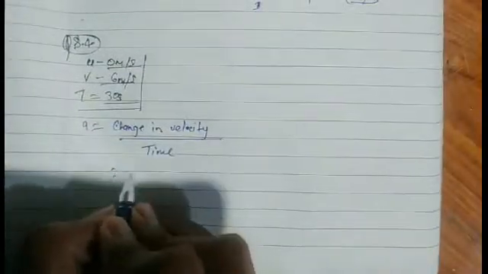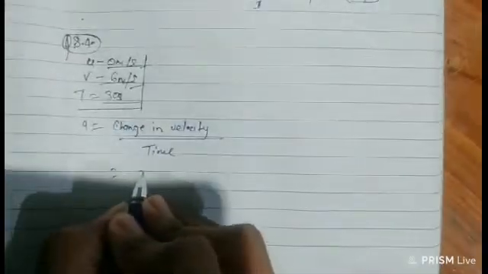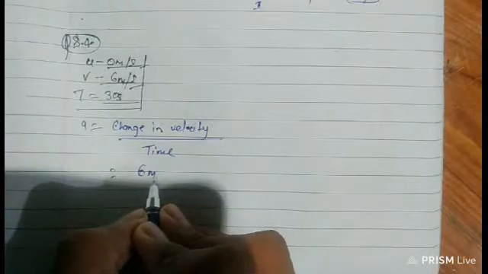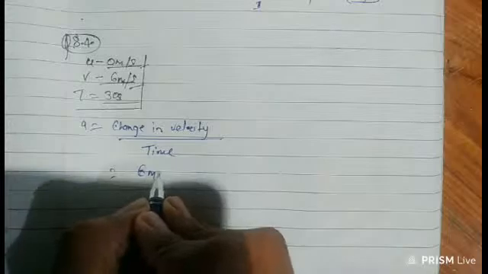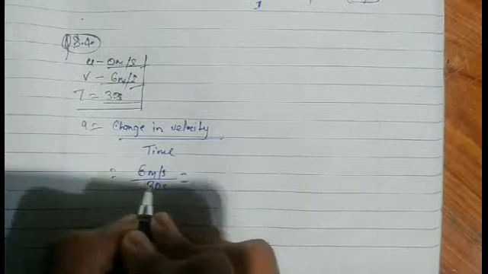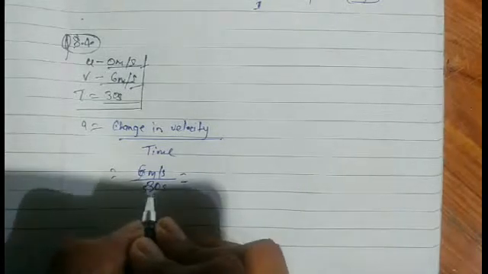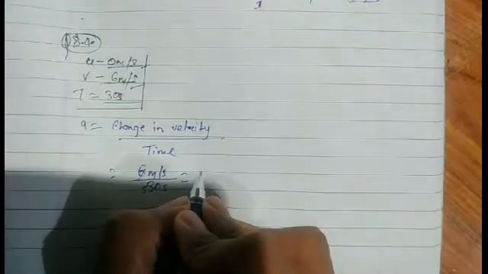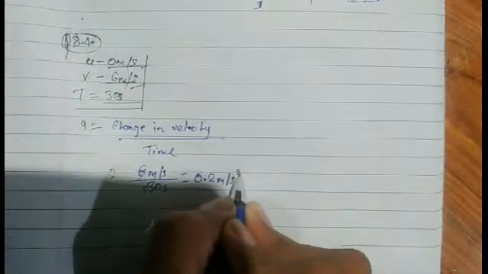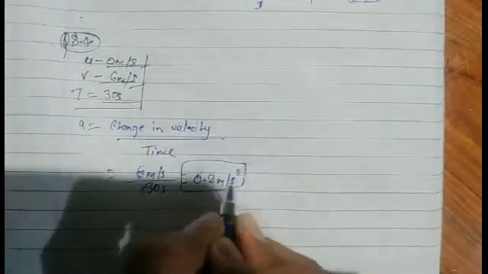by time, that is equal to change in velocity, final minus initial, that is 6 meter per second. Change in velocity 6 meter per second by time 30 seconds is going to equal 0.2 meter per second square. That is the acceleration in the first case, and in the second case